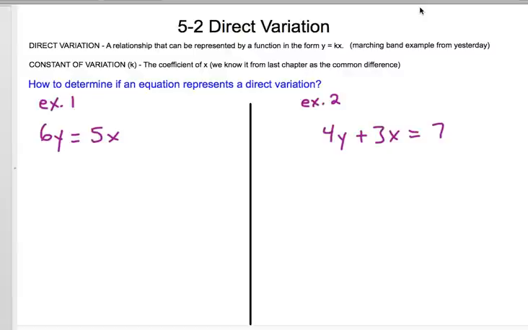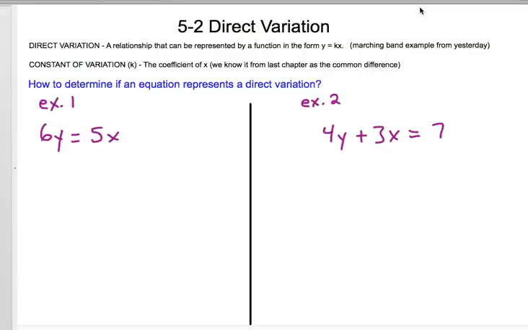Hello, in this video I will be talking about direct variation. The definition of direct variation is a relationship that can be represented by a function in the form y equals kx. What that means in English is a relationship that means anytime two unknowns or two variables can be represented